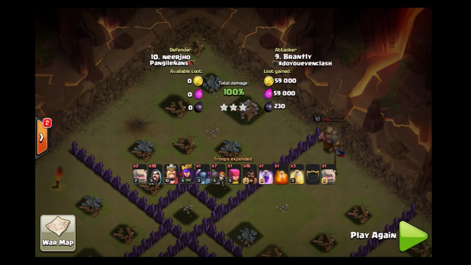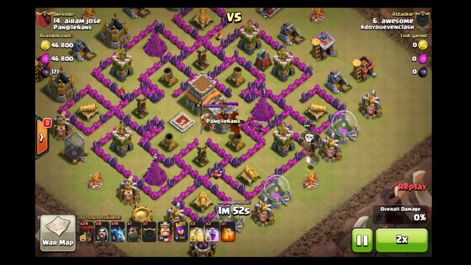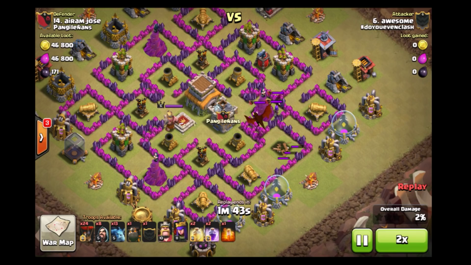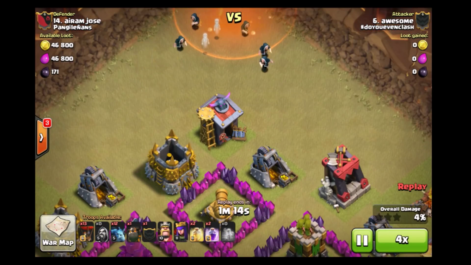So for our last attack, we have Awesome doing a cleanup on number 14. I think this was 2-starred, but we need to get a 3-star for this. So he's going to be doing Lavaloonion with 1 Lava Hound in his clan castle. He puts 2 balloons out to get the clan castle troops and also take out that archer tower, which is definitely a win-win. He lures the dragon and the wizard to the top, takes care of him with some wizards,